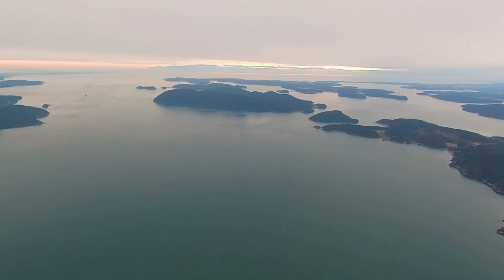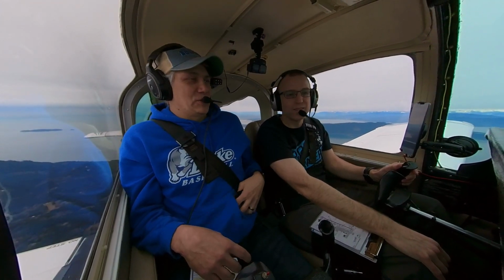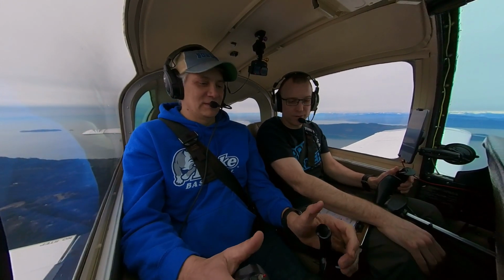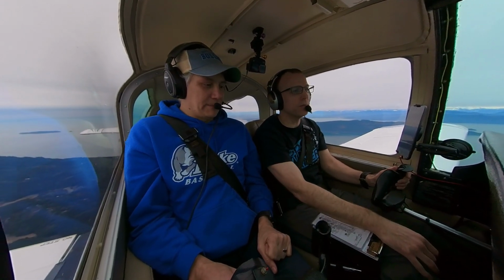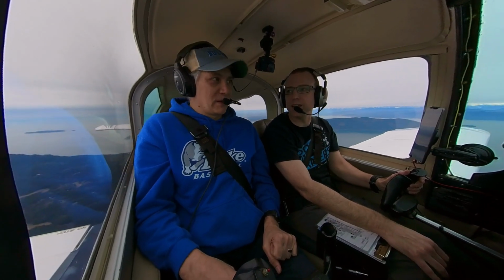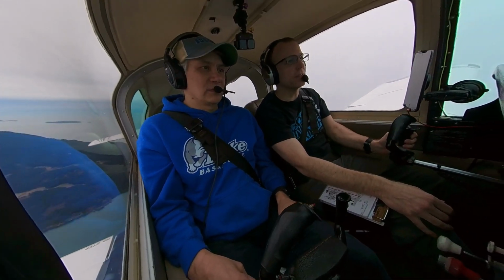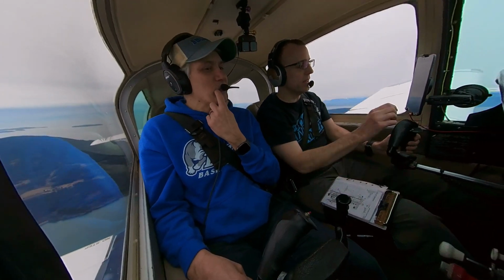Alright, you want to do more flying? Sure. Okay. Put your feet on the pedals. So let me show you something. So what the pedals do, right? When I push these, right, the plane does this. See how goofy that kind of feels? Yep. But if I'm rolling, right, see how it feels weird. We're kind of slopping back and forth. So you need to make coordinated turns, which is where you push the pedal at the same time, right? And what that does is that you try and...